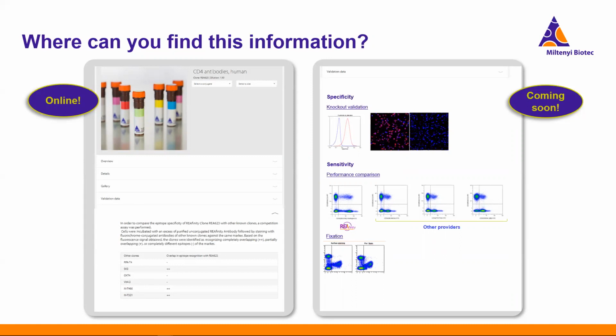And we're rolling out the specificity and sensitivity data as we go along. I'm seeing them on more and more of the clones that I've looked into. One of the other things I really like is we're trying to post whether the antibodies can be used on fixed cells or not, which is something nice to know if you like to fix your cells before you do your staining.